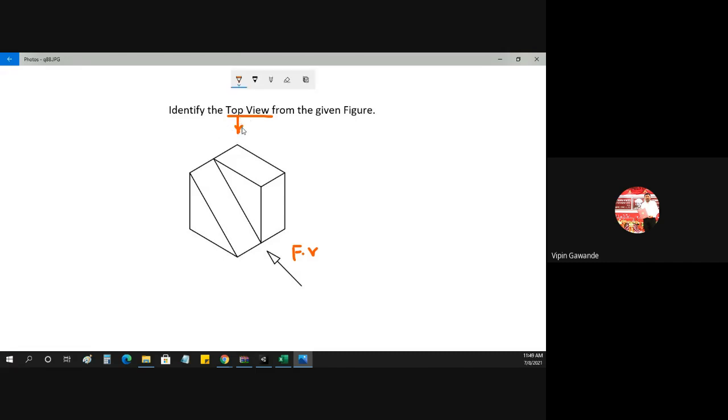Now see from the top. What is visible to the observer? Horizontal surfaces are visible to the observer. So this is the first rectangle. Now you just tilt that rectangle, make it vertical, so it comes on the left hand side. So we'll get this rectangle. Okay, so it comes here.